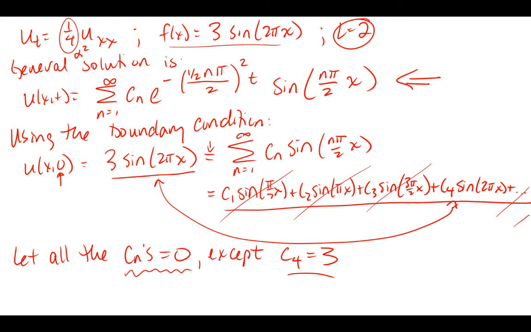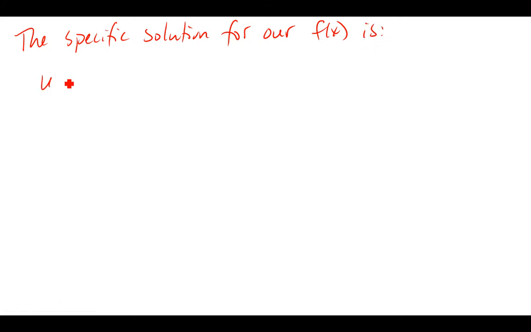Okay? So this maybe seems like a little too good to be true, but it isn't. I ran out of space here, so let me just put the conclusion here. This is the general solution. That doesn't change, that's still the general solution. But if you want the specific solution for our initial boundary, that's f of x, is,